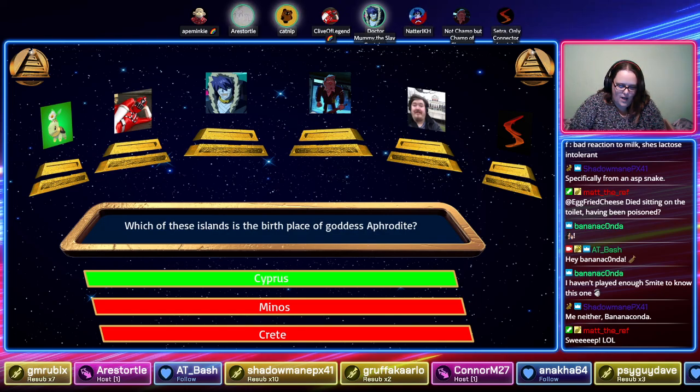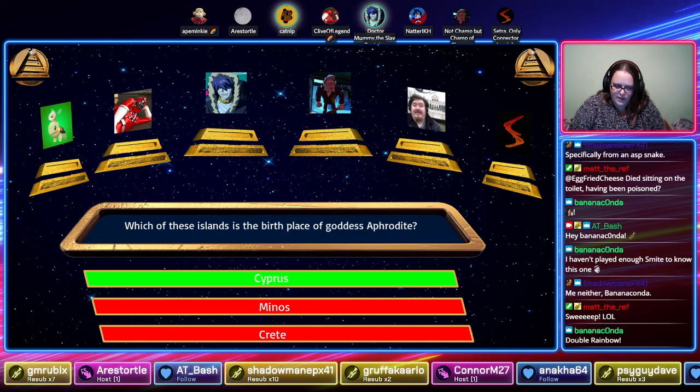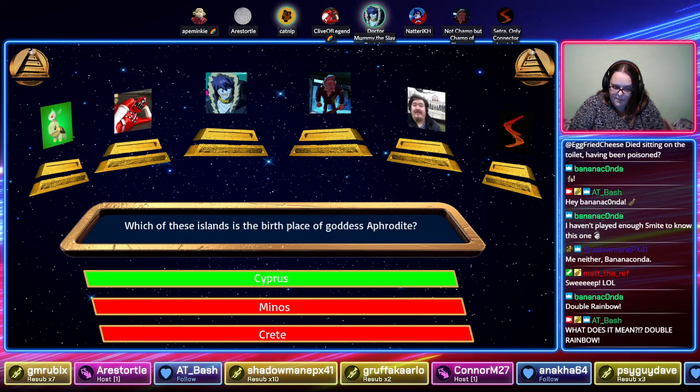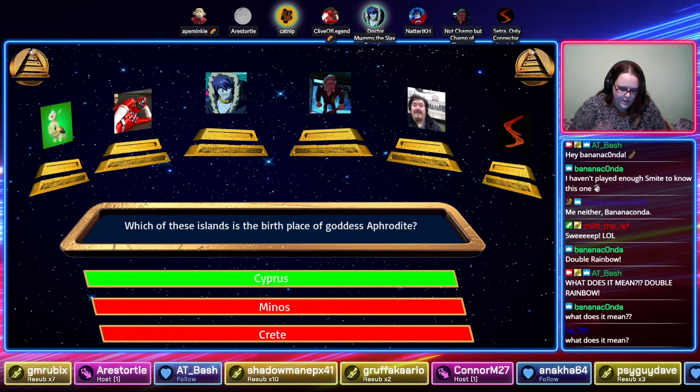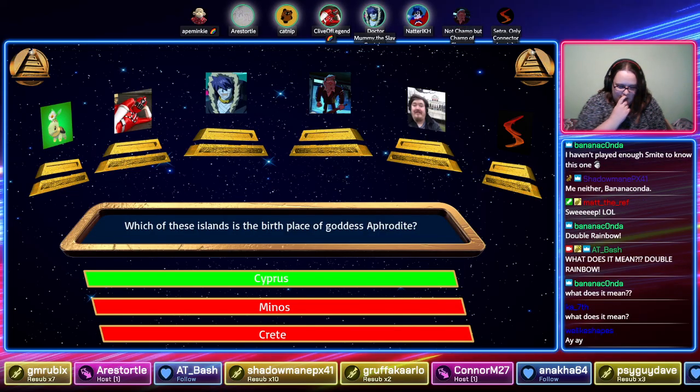So now Team 2 has 2 points, Team 1 has 0, which means that Team 1 has to answer this correctly, and Team 2 has to answer incorrectly for a tiebreaker to happen. No, wait, I miscounted because I'm looking at the tiebreaker row wrong. Team 1 lost. Team 2 has 1. It's impossible to win. My apologies. I was looking at the tiebreaker row and I miscounted. So unfortunately, this marks the loss of